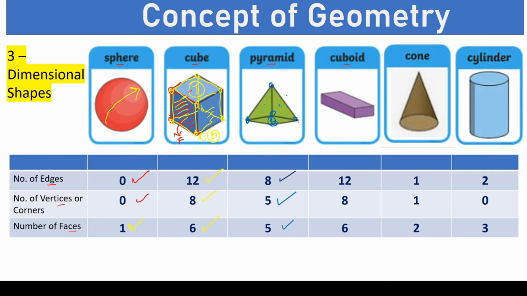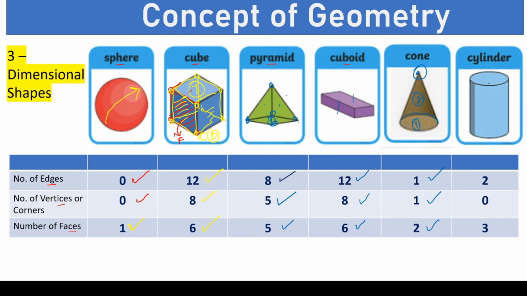Well, here it is similar to the cube except that the opposite sides are equal. Hence, the number of edges will be same as cube, that is 12, vertices will be 8 and faces will be 6. In case of cone, well here there is just one edge which is joining the base circle to the upper triangle, hence there is one edge. There is just one vertex which is at the top and there are 2 faces, one is the bottom and one is the body. So that is what defines these features.